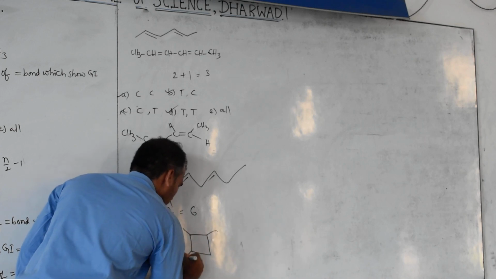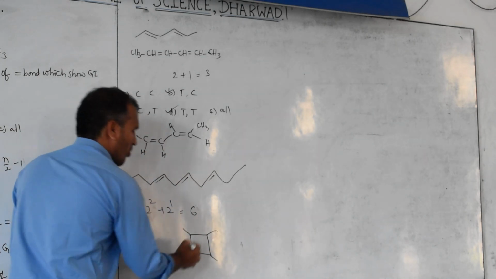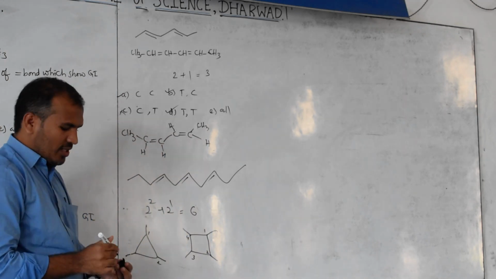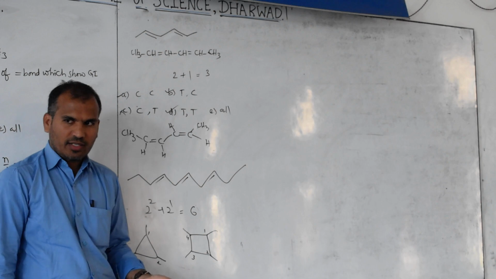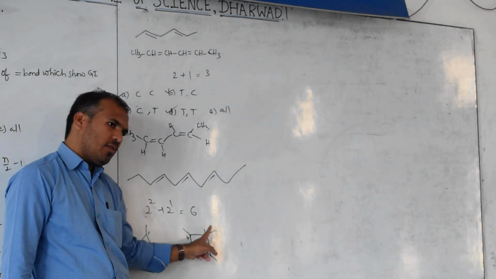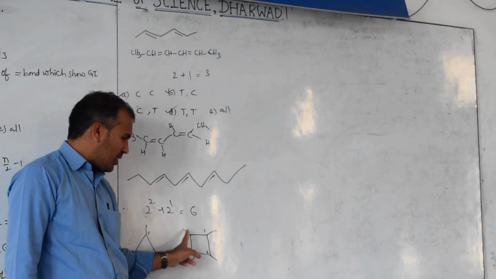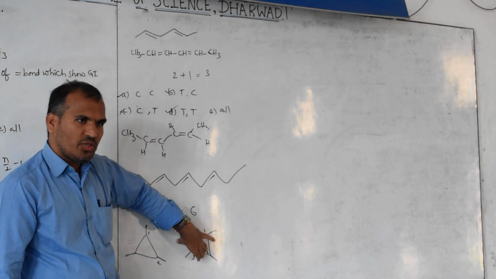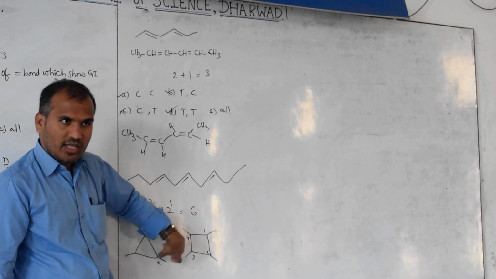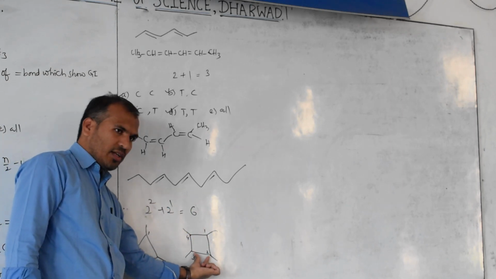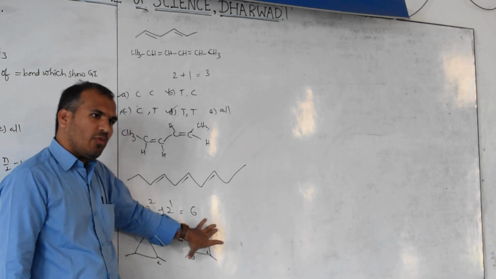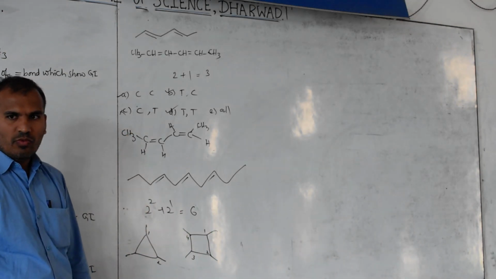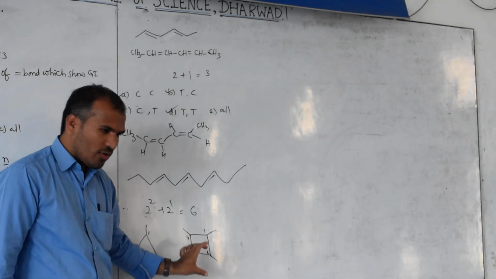Now 1, 2, 3. 1 position, 2 position, 3. This is 4. How many possibilities are there? Then how many isomers will we get? 1 to 1, 1, 3, 1. Okay. Again, this is 1 to 1. Then how many restricted rotations are there? This is 1, this is 2. With respect to this, 1, 3. This is again 1 to 1. 1, 2, 1, 3. Total how many? 2 are there. 2 power 2 is 4. Okay.